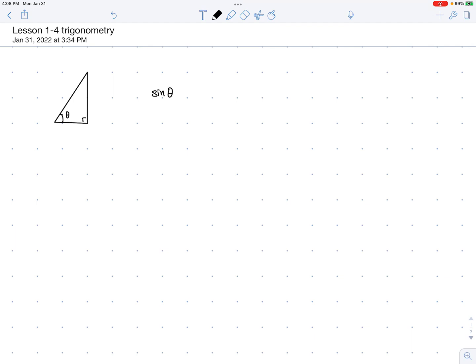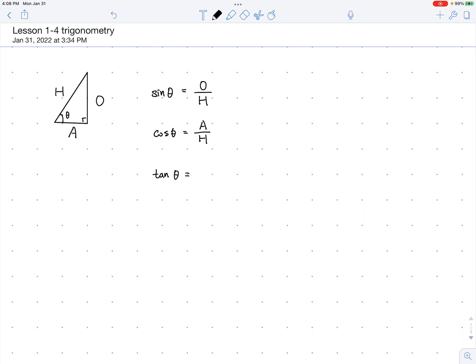the value sine theta would be the ratio of the opposite to the hypotenuse, and cosine theta would be the side adjacent over hypotenuse. Okay? So these are the basic ones, and if you wanna get a little fancy, then we